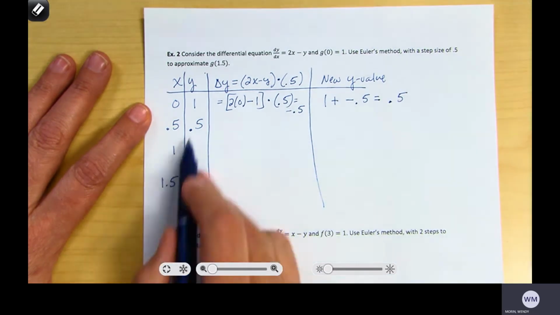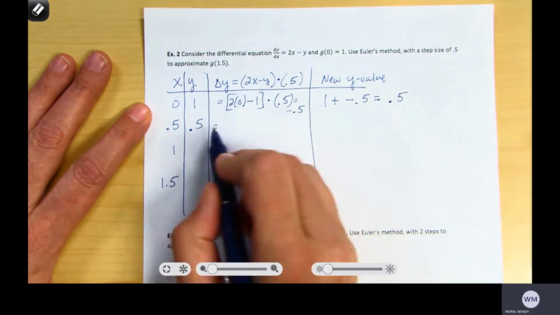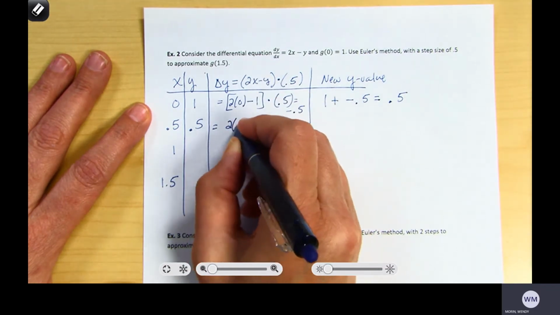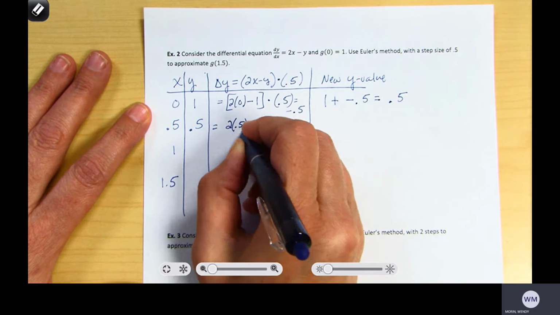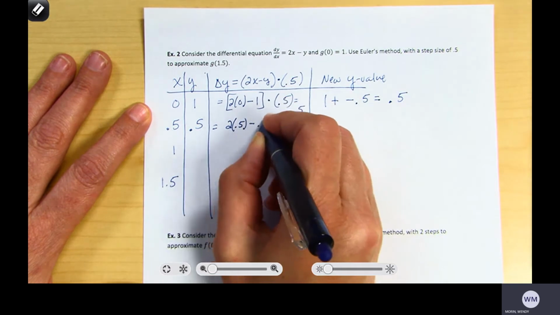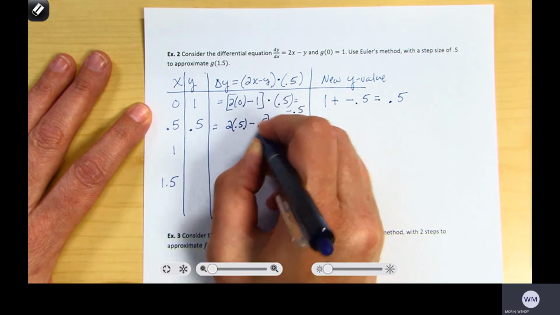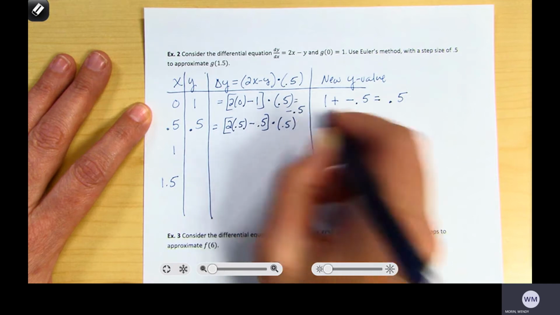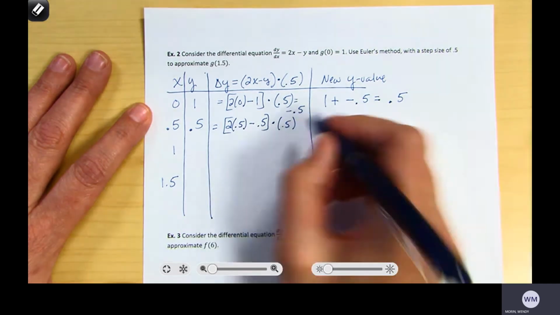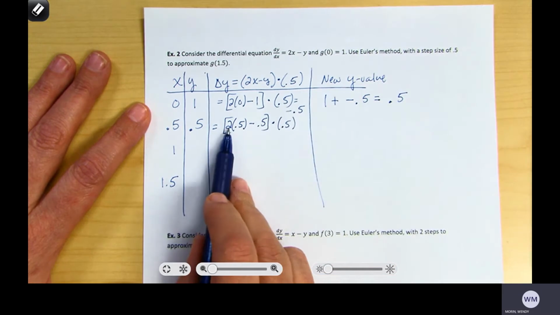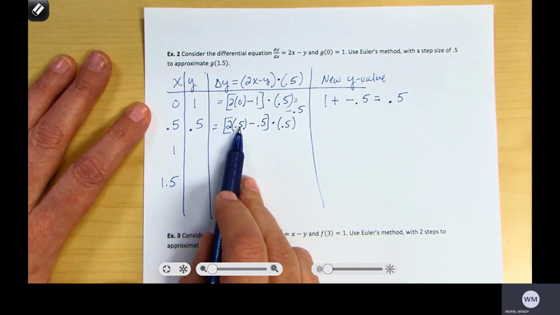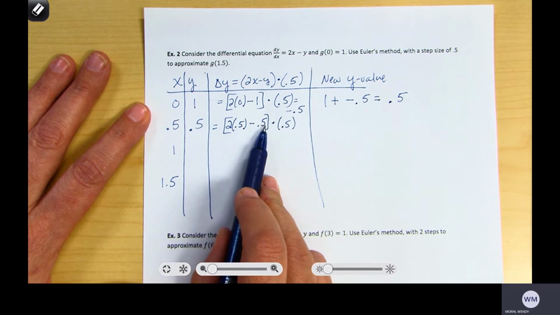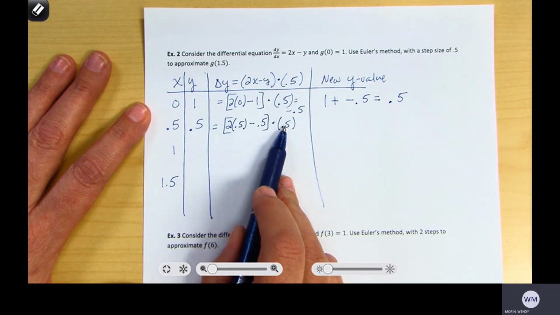Okay, so we have to keep going. So our next change in y is 2 times your x value of 0.5 minus your y value, in this case 0.5. And all of that is multiplied by your step of 0.5. So 2 times a half is 1. 1 minus a half is a half. And a half times a half is a fourth,